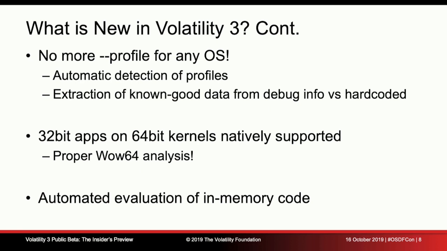One of the other things that we have now is support for multiple symbol tables against a single layer. So if you have a kernel layer and then suddenly you have an application, and the application is, for instance, 32-bit, such as WoW64, then you can have a 32-bit symbol table that has 32-bit pointers and 32-bit structures and all the other bits and pieces with it, and say, oh, within this application, I'm going to use these symbols to do all my analysis. And outside, even though it's a 64-bit kernel, I can still use the 64-bit symbol table to do all that stuff.